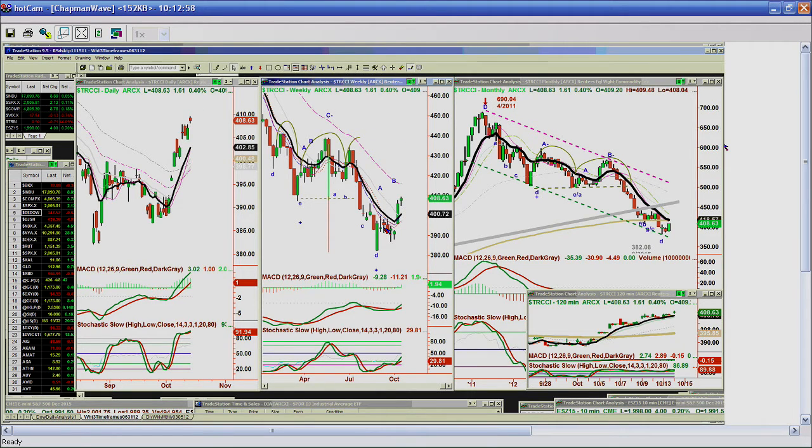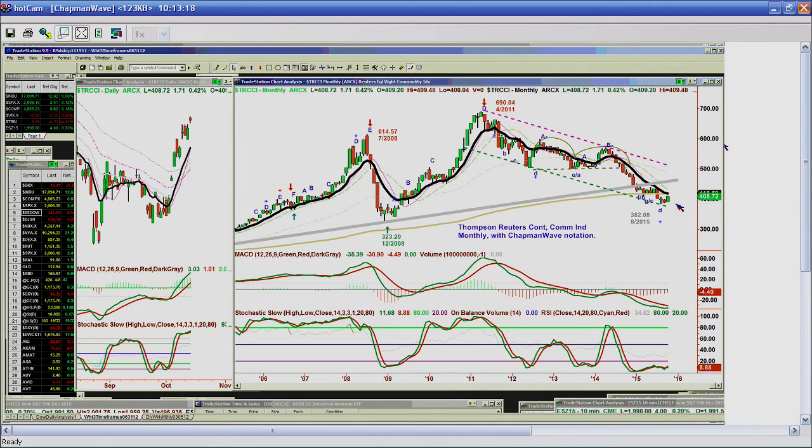Had a very good move in the weekly because it's made a nice move to the upside. Doesn't have the arch formation. In fact, it has a cup formation. And if you're looking at the monthly chart, it's really important that this support in the channel line that's going down, even though it's under the 200-period moving average, even though this time it's under the 9-period moving average in the monthly chart, you've got a positive divergence in the stochastic going from the 382 August low down to the